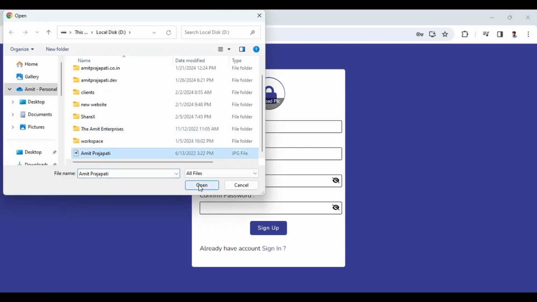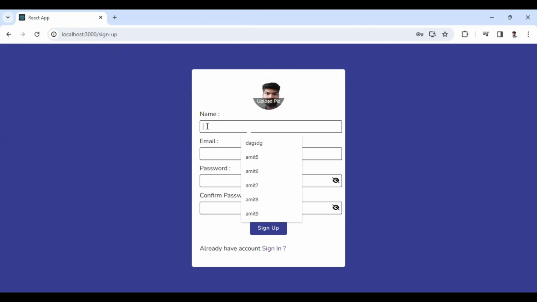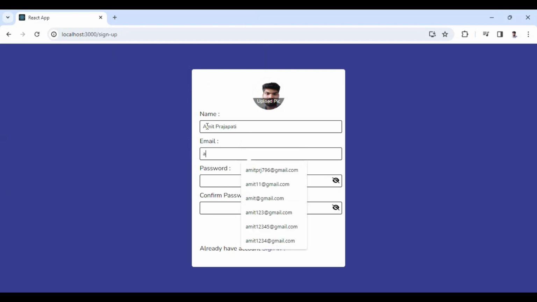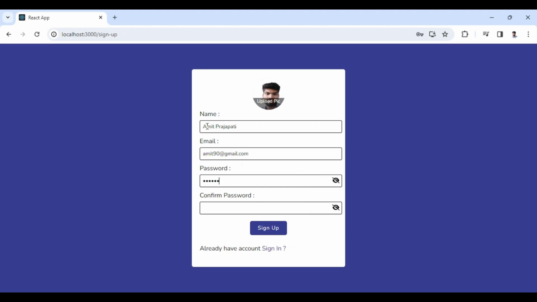Let me just upload this. Now here you can see the profile pic. After that, here you enter the name. After that, the email ID. Here I give, let's say, amit90@gmail.com. After that give the password Amit 90, and here I give the Amit 90 something, and click on the